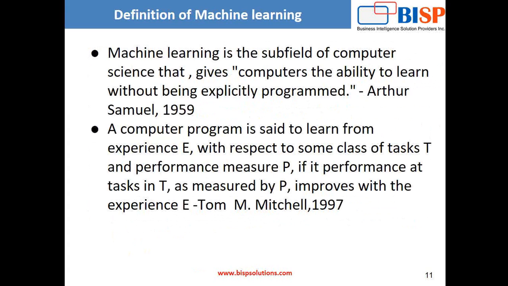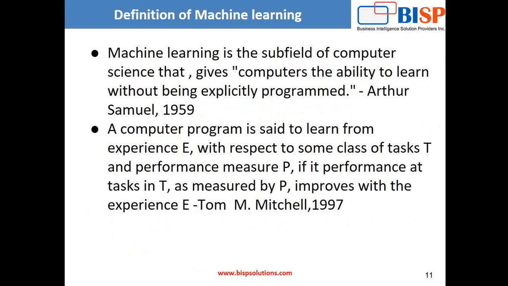Let's go to the definition of machine learning. Now we have seen why machine learning, and what is machine learning. Now we'll go to the machine learning definition. The very fundamental definition is the computer's ability to learn without being explicitly programmed. You don't do specific programming to do this, and therefore the ability to learn without being programmed is called machine learning, as per Arthur Samuel in 1959. I want to just note 1956 is where AI was born, and 1959 is this definition.